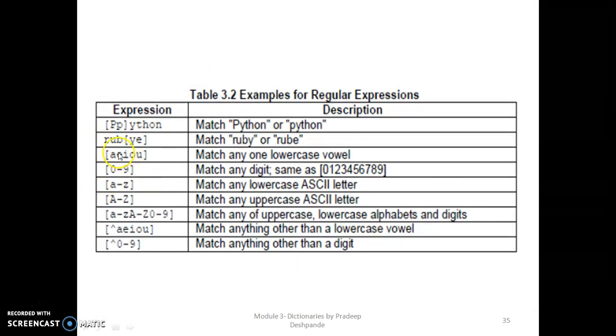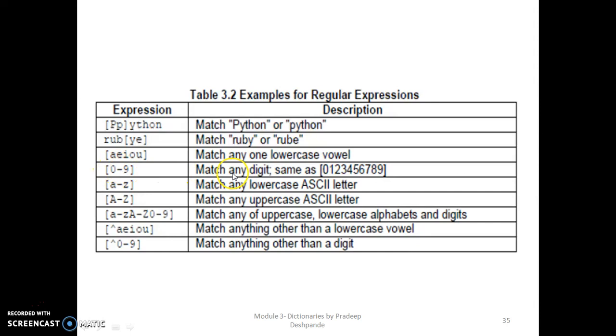Second, Ruby. So rub, and in square brackets we have y e, so that matches Ruby or Rube, both. Then we have a e i o u, which matches any one lowercase vowel. Any one, it indicates any one.